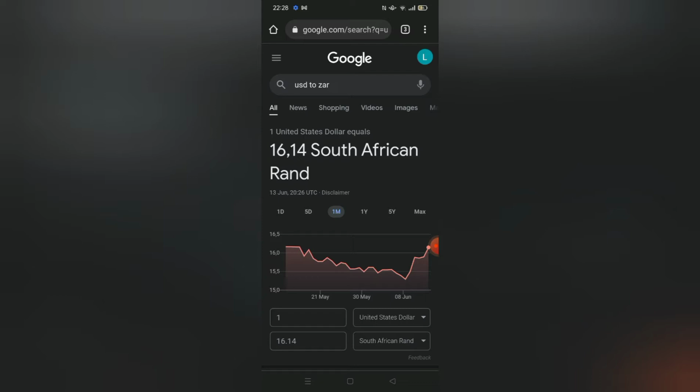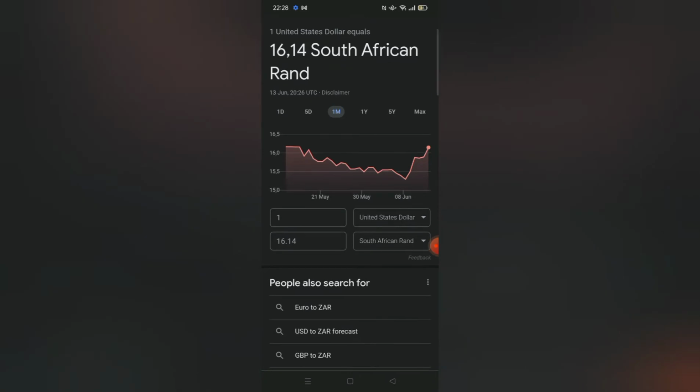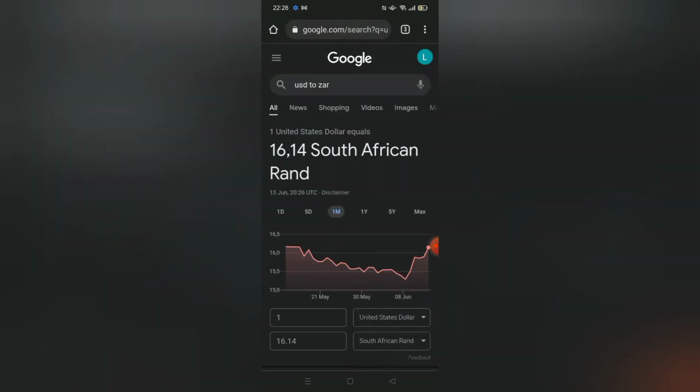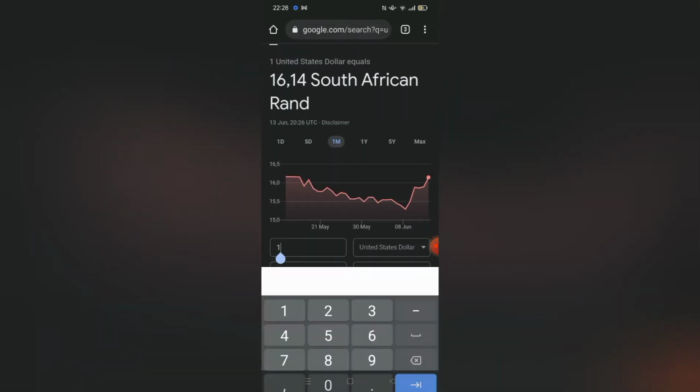And as soon as you are logged in, that's when you will need to confirm your cell phone number, your physical address, your full names, and they also need your ID number. So it's very similar to your local bank account. I'm based in South Africa, and I just wanted to show those who don't know what PayPal is and